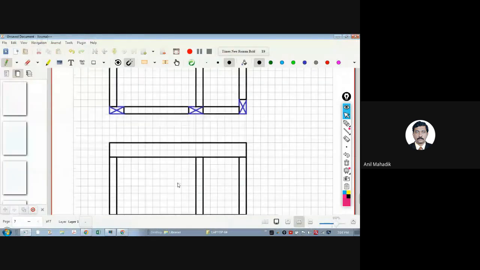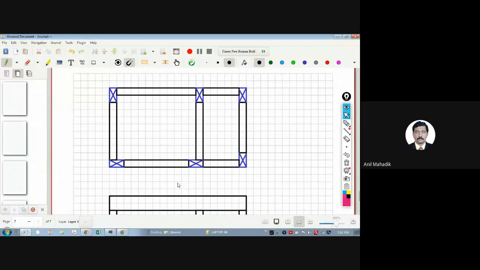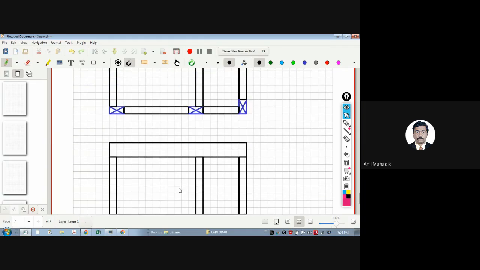Today we will create one more model. Now it will be a 3D model. Yesterday we have seen the 2D plane model, plane frame, that is a simply supported beam and one plane frame. Now we will go with the 3D model like this. I'm just trying to prepare this